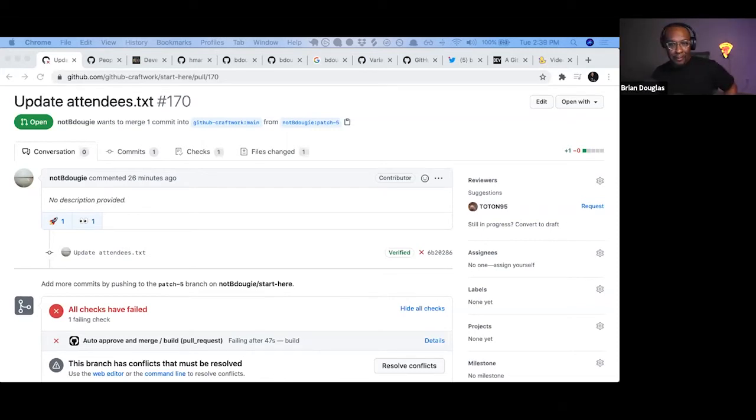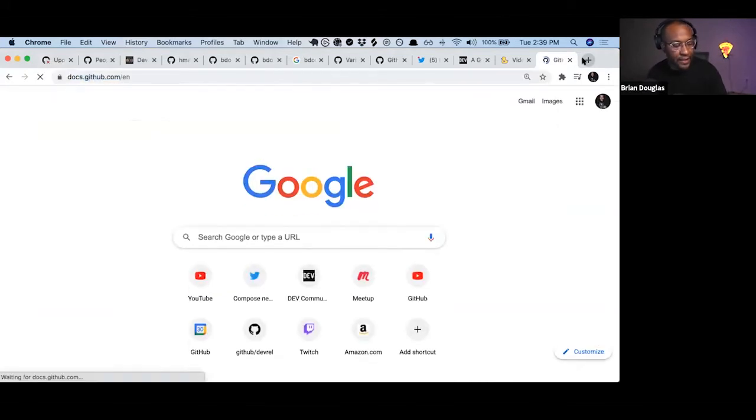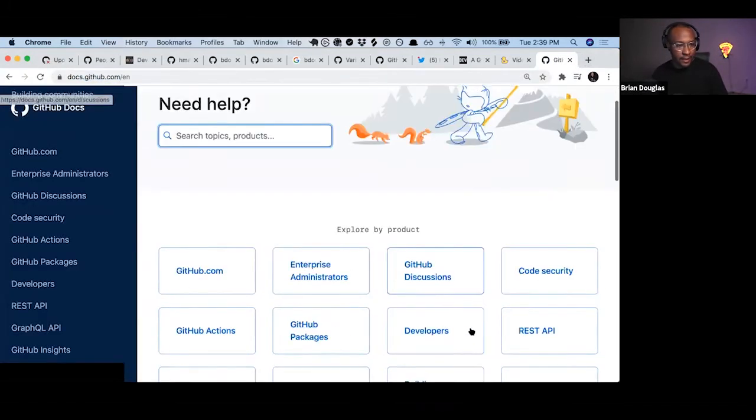I'm curious, anybody else have ideas for GitHub Actions? It doesn't have to be existing things that you know about. Think about what you would want to automate with your project. Because I think the one thing to point out is the fact that GitHub Actions